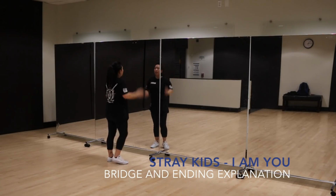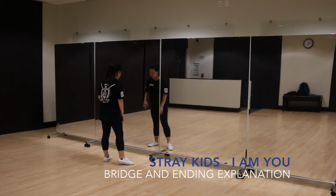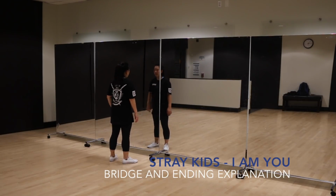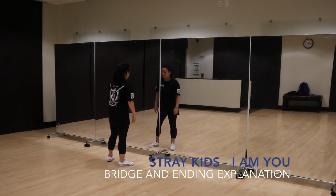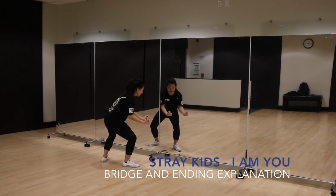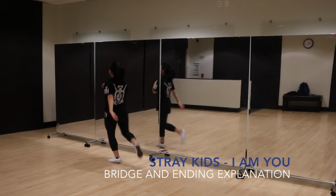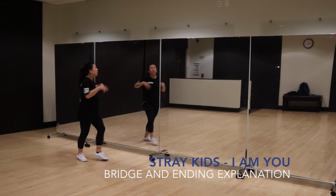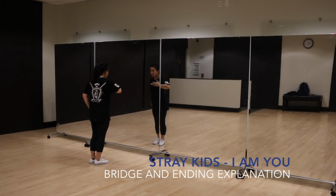Just to put that kind of all together, because that part is quite fast, basically just putting that together from right before, where you want to go ka, ka, ka, around all ways, 4 and 5 and 6 and 7 and 8, 1, 2, 3 and 4, 5